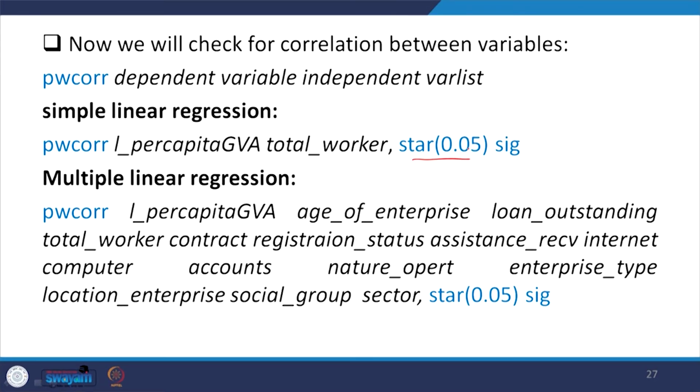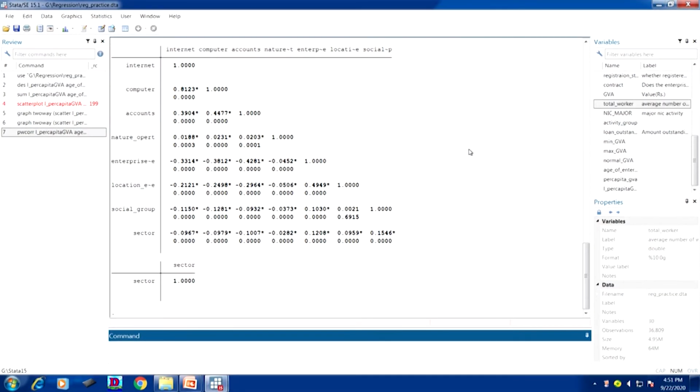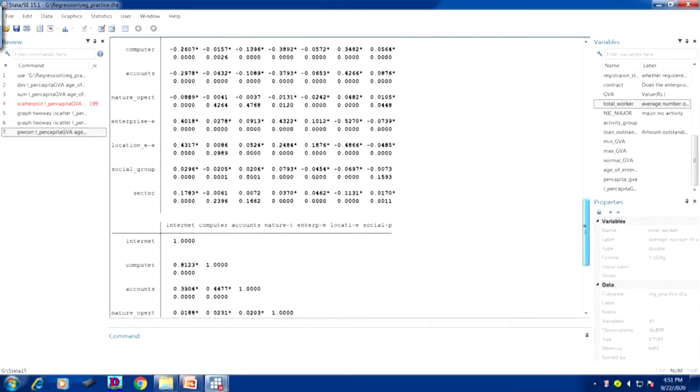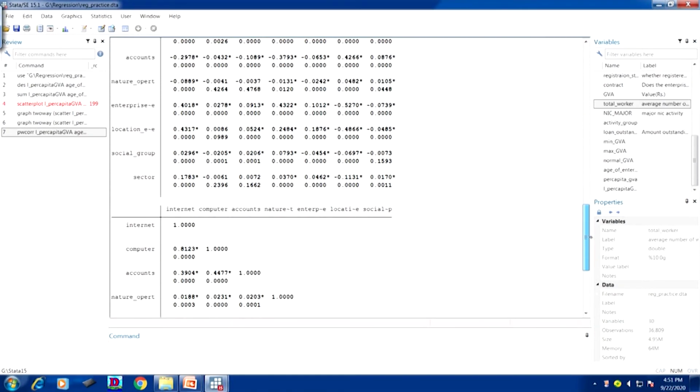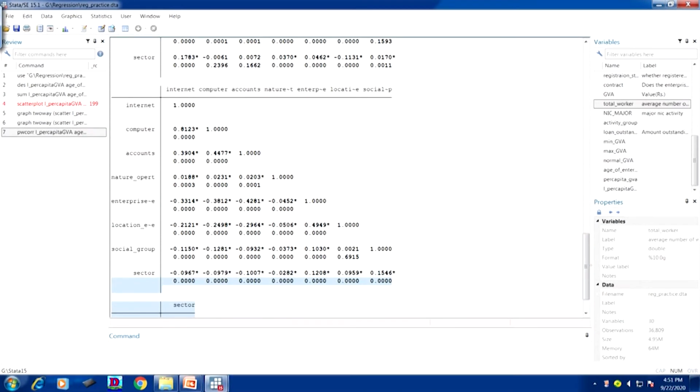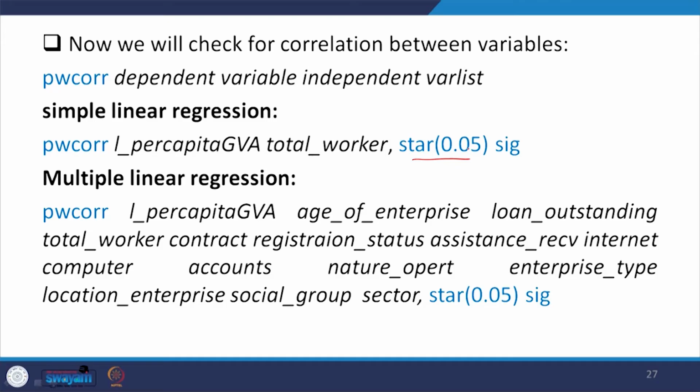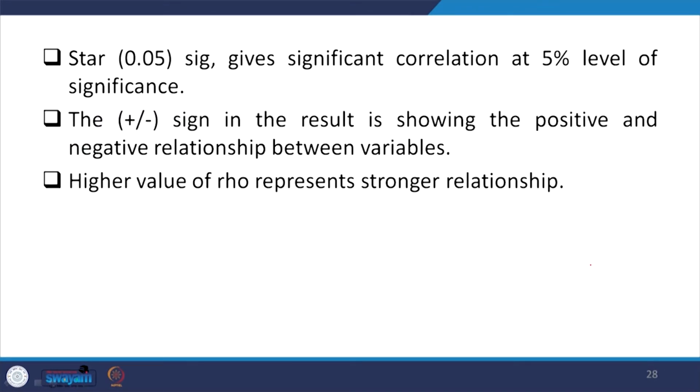Now, which variables are positively linked and which are negatively linked are clearly highlighted. There are two windows here, where all the variables and their correlations are highlighted. From the correlation we can establish whether the variables are actually linked to each other or not. So, this is what we said. Now, the plus and minus sign regarding their relationship has already been mentioned. Somewhere we get positive, somewhere we get negative.